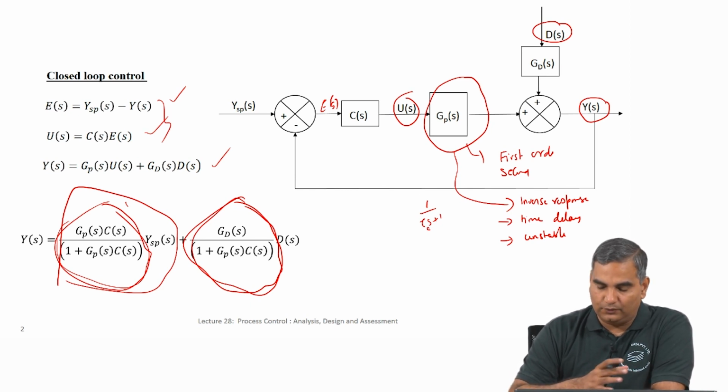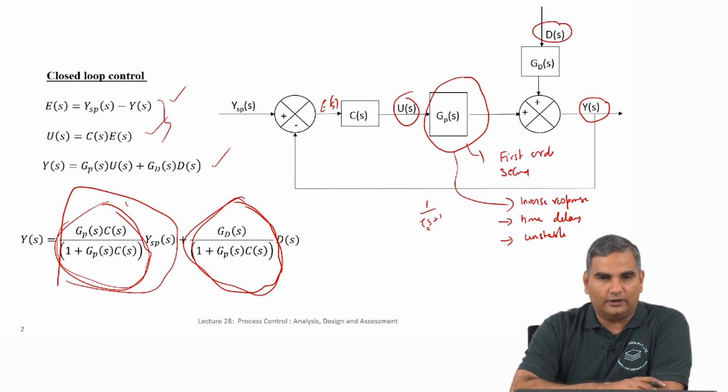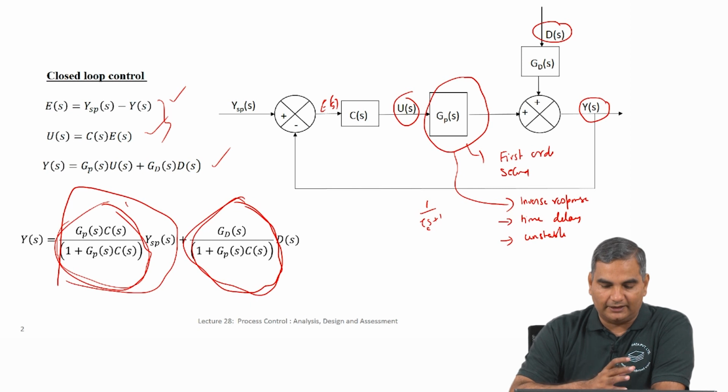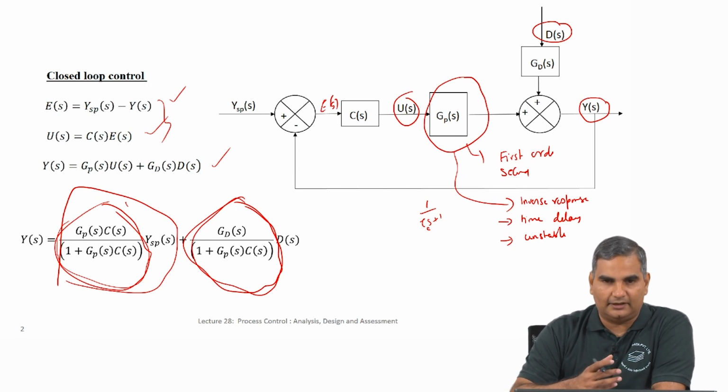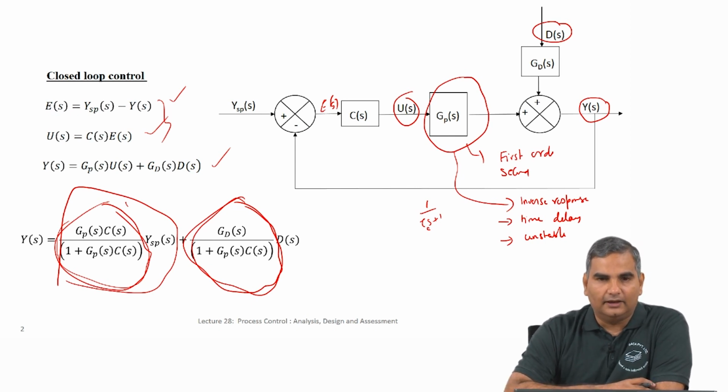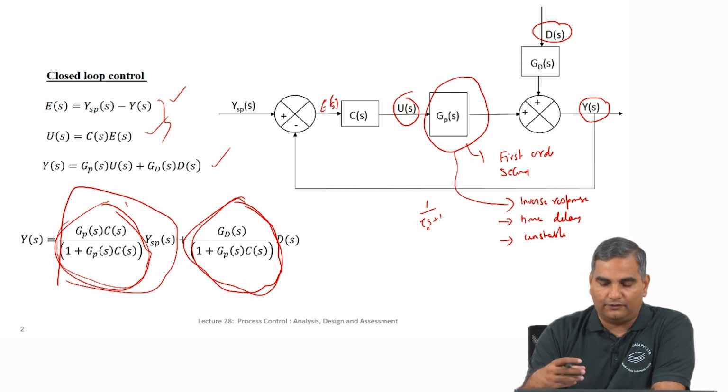So, in the next few lectures I am going to first start with what is called cascade control, which is kind of modifying this loop a little bit more so that you can do control better, and I will explain a situation where cascade control will be very useful. I will follow that up with what is called feed forward feedback control, again making some modifications to this block diagram so that you make the control better, and then I will show you the multivariable case of expanding this